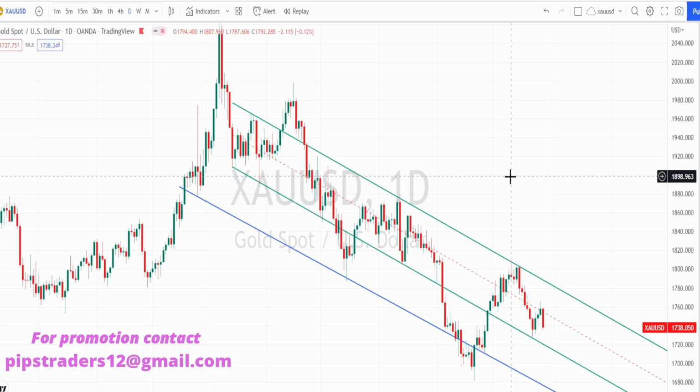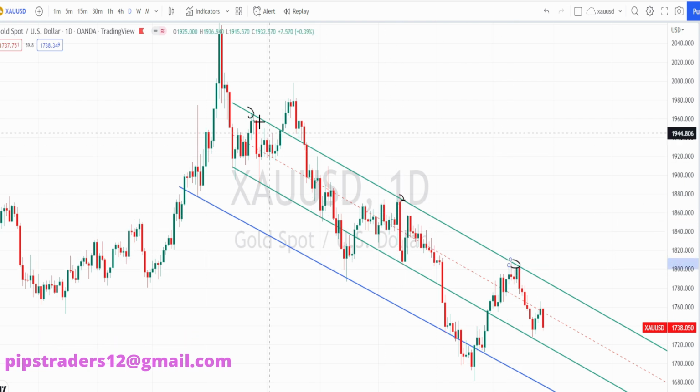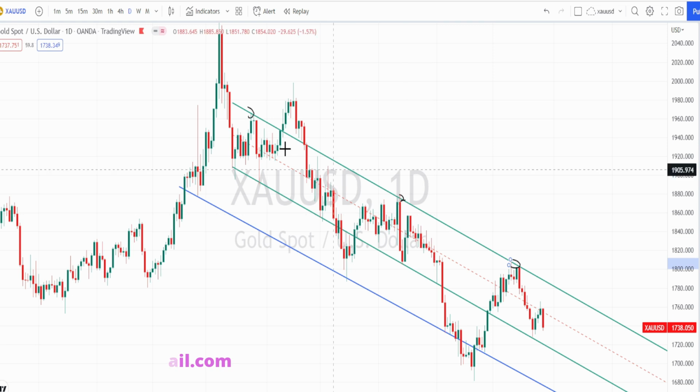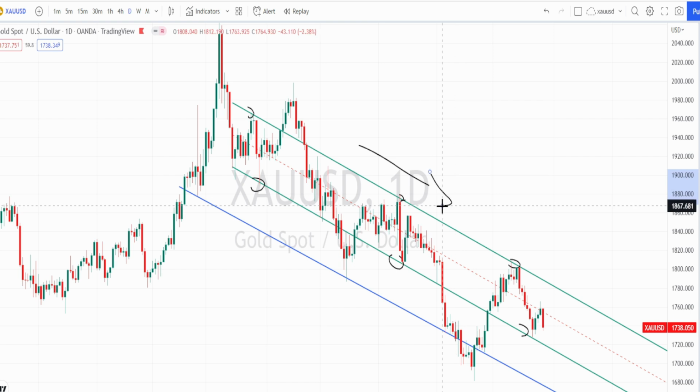I am in daily time frame now. I have already marked the trend of the price action using the bearish channel pattern. You can notice that the price action has respected this resistance line and I have marked the support line also over here in green color. So in the past we have noticed the price action to respect these resistance and support lines, and currently the trend of the price action in daily time frame is in a bearish trend,